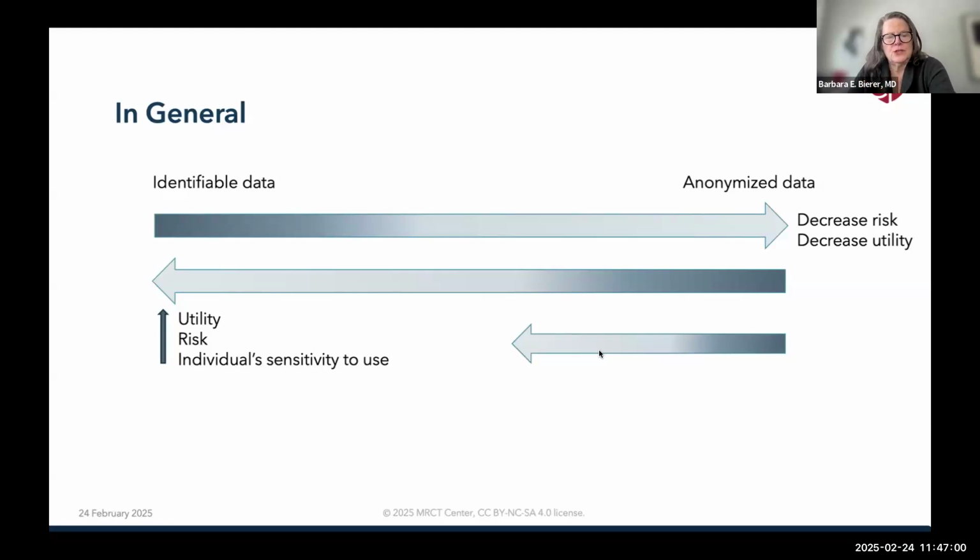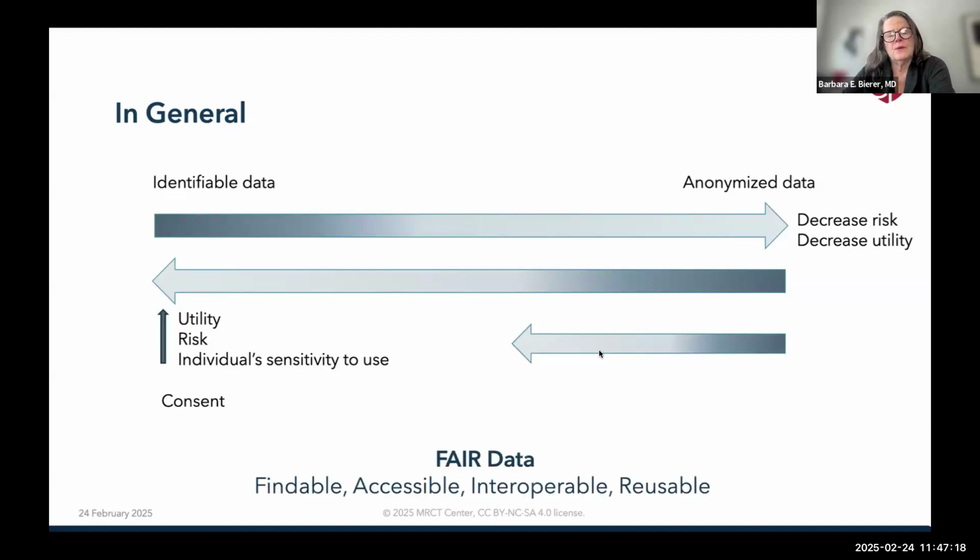And where people feel that they should have control, I believe they should have control. And we should be getting consent if we can. Certainly, that's true with identifiable data. And then there's all the middle in between. So you should get consent here. And when we're talking about data, we want it in the end to be findable, accessible, interoperable, and reusable. Those are the FAIR data principles, and I think that the maximal utility of the data comes when you can find it, access it, use it in various ways, and then reuse it as well.